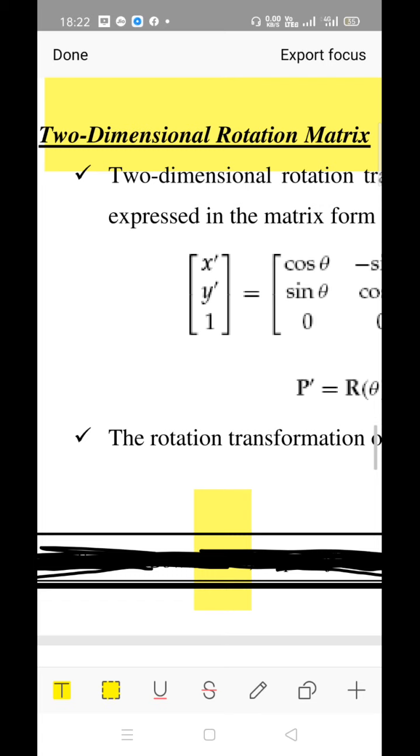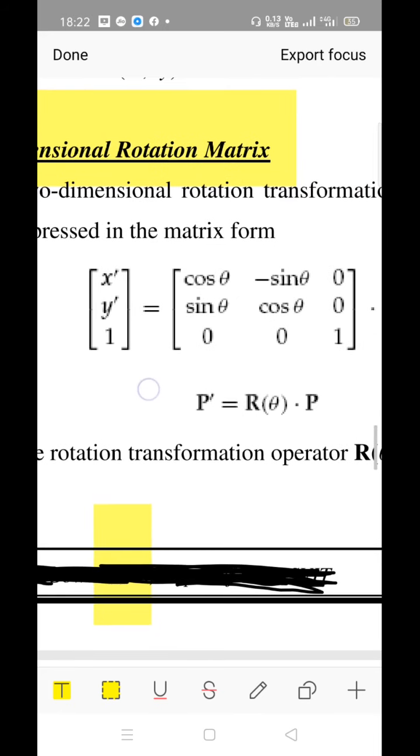If you know about the equations, then easily you can write the contents of the matrix or matrices here in the homogeneous coordinate system. As I said earlier, 3 parameters are required as per the homogeneous coordinate system for two dimensional model. It will be a 3 cross 3 matrix. So, here first we are going to mention the initial values of the point P, let it be x, y, and the new value be x dash and y dash. The third parameter will be the parallel plane, that is value equal to 1, as we have discussed with respect to our translation.